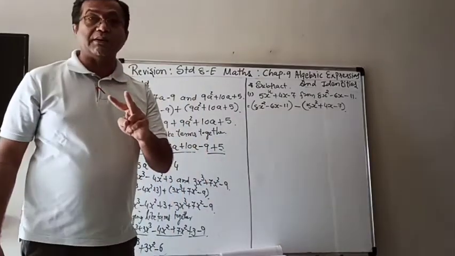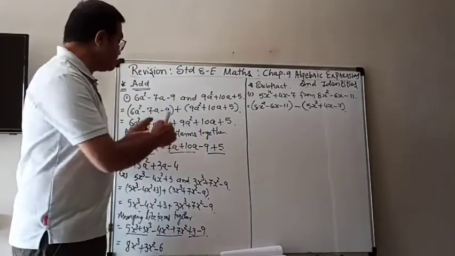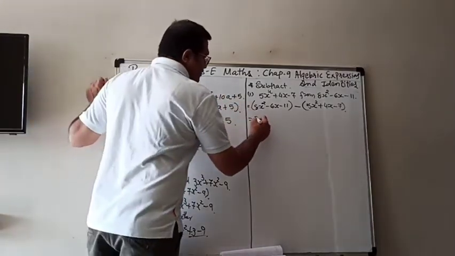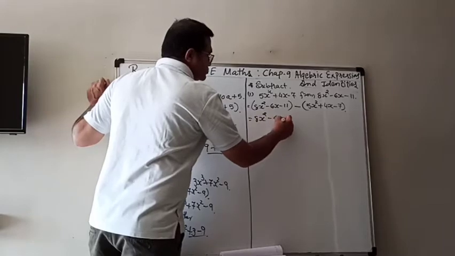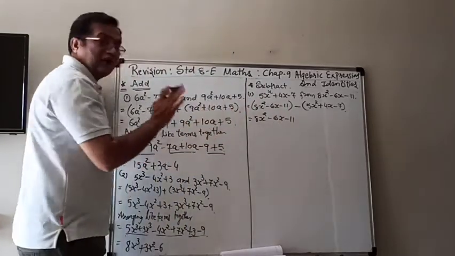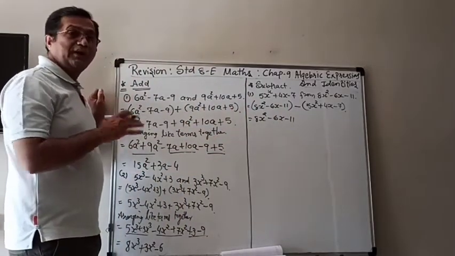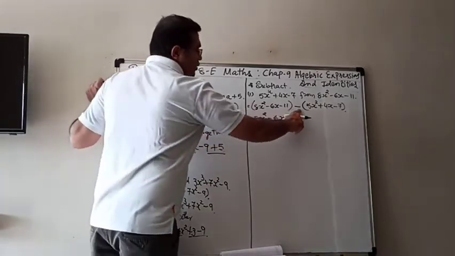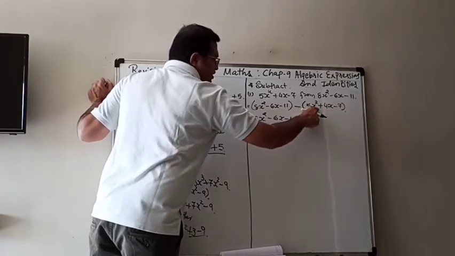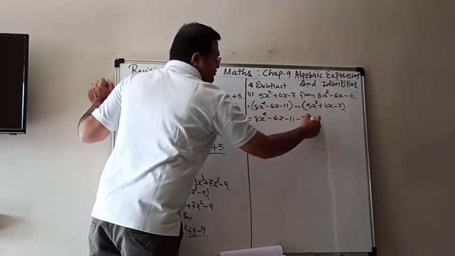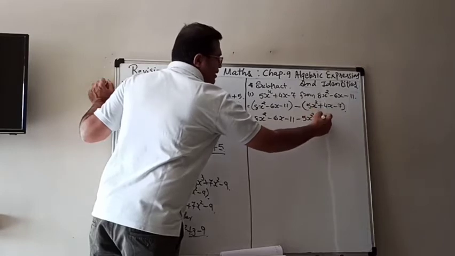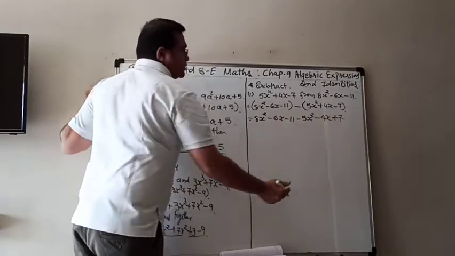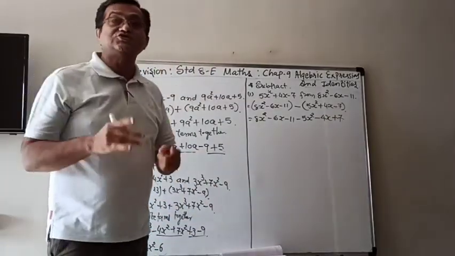Now the second thing to remember, when you open the bracket. Here we opened the bracket, nothing was changed, but now here when you open the bracket, in the minus, first term will be same. First bracket when you open, no changes in it, but in the second, because of that minus sign, all signs will be changed. So here 5x square will become minus 5x square, plus 4x will become minus 4x, and minus 7 becomes plus 7. So those are the two important things you have to remember.